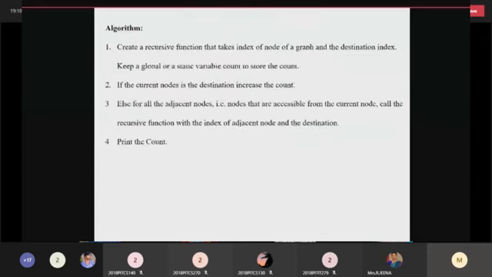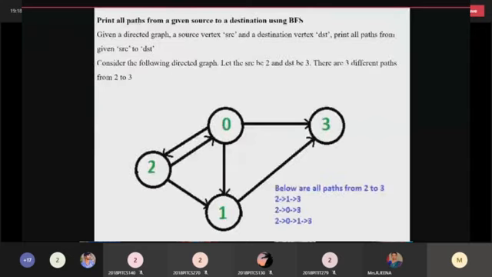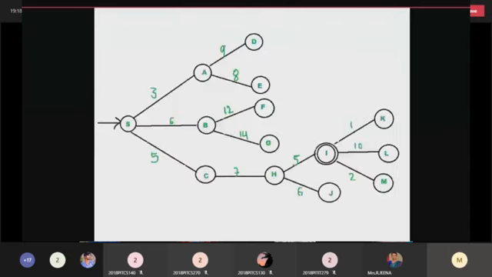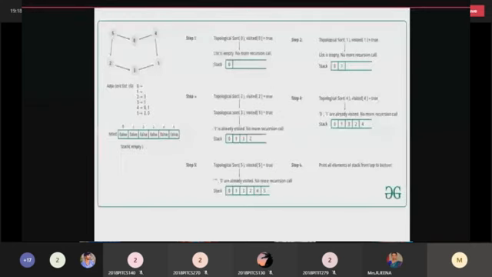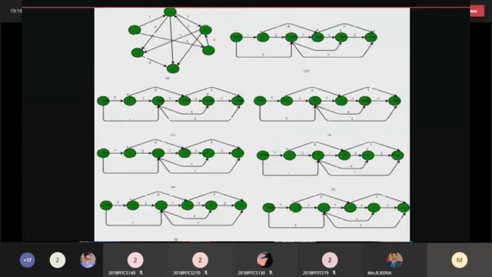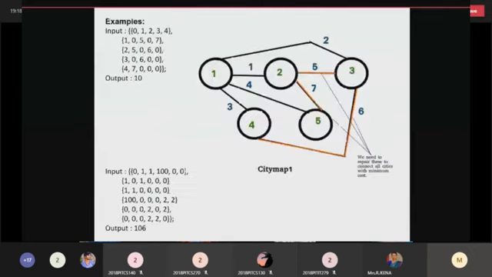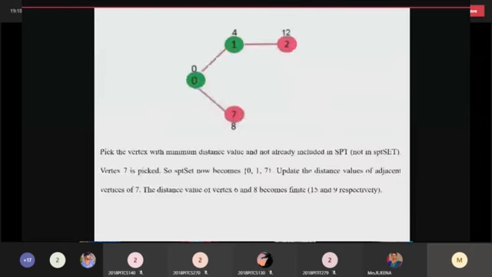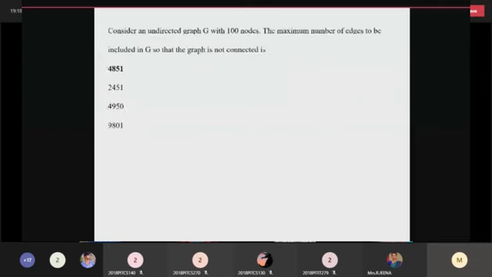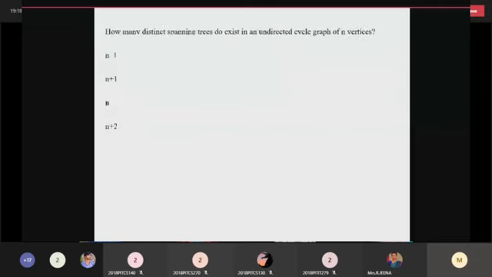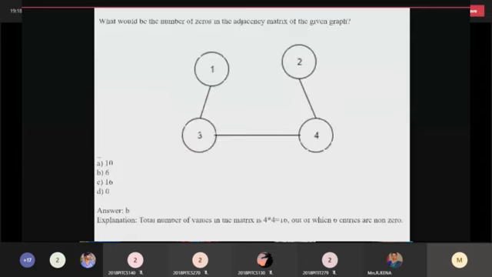So BFS and DFS are quite simple. Please go through it. Many examples I have given, so kindly go through the slides for your GATE reference. While you are preparing for GATE on the algorithm concepts, kindly check all those things and the GATE questions. Kindly check it out. I will share in the group. Already I shared all those documents in the GATE channel.